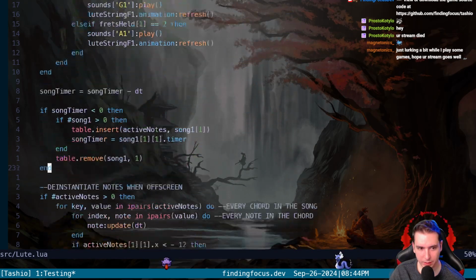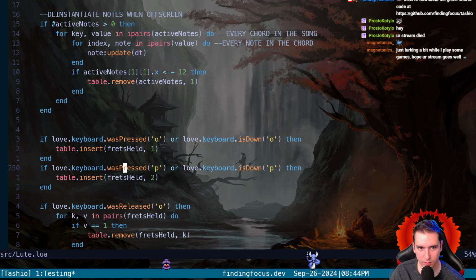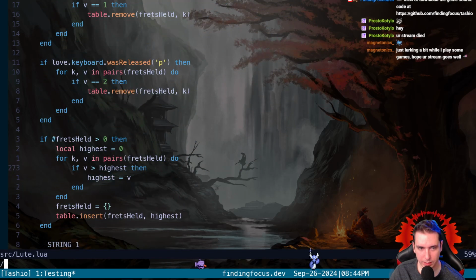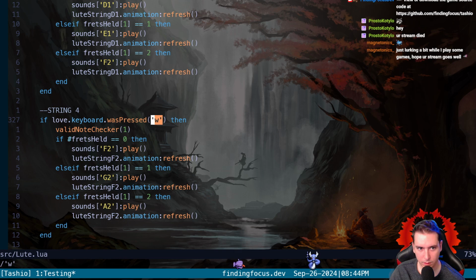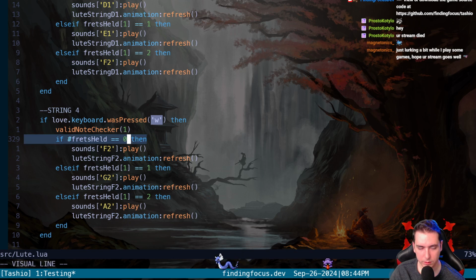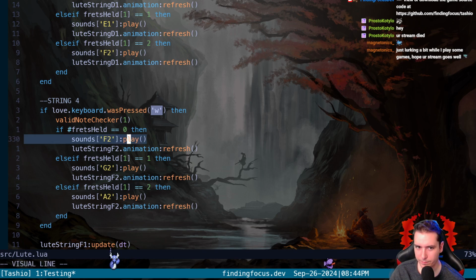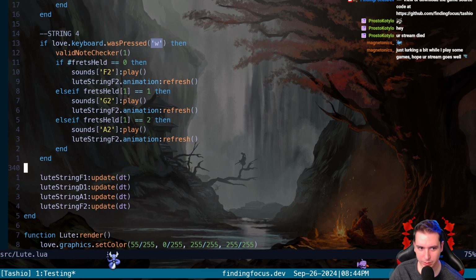But we need the was pressed. Yeah, we need the WASD. Okay, so if frets held is 0, we'll play the sound. So if W is pressed, we should play any amount of sound, either one of these 3 notes.